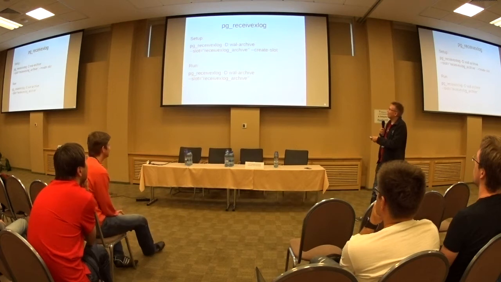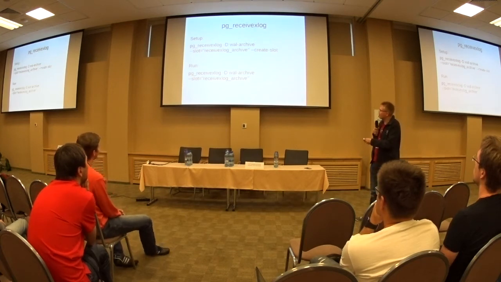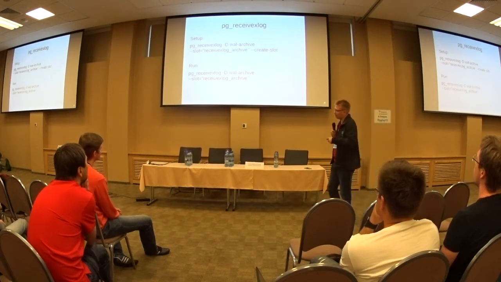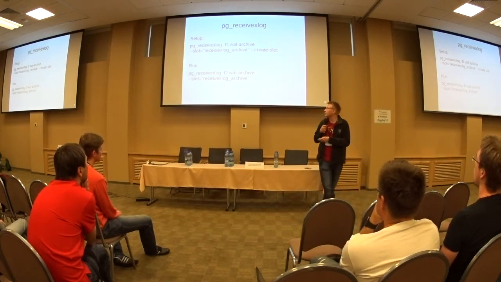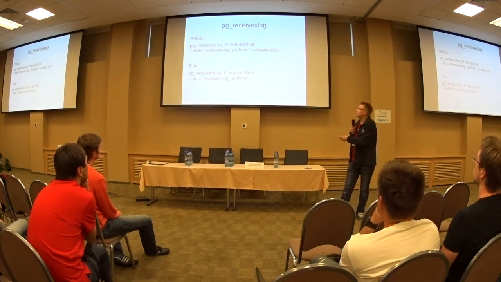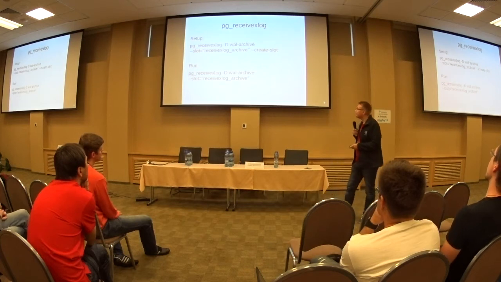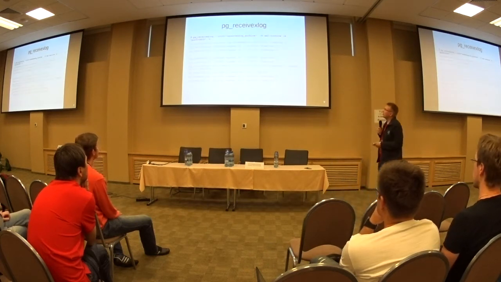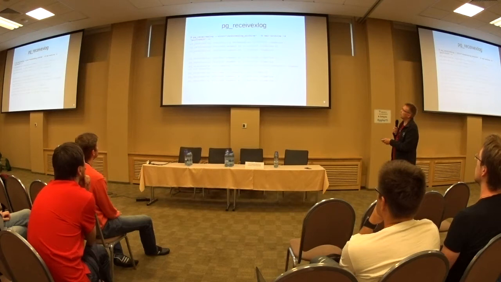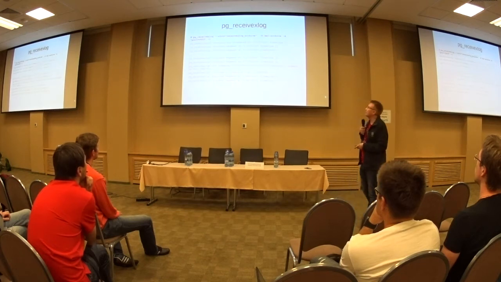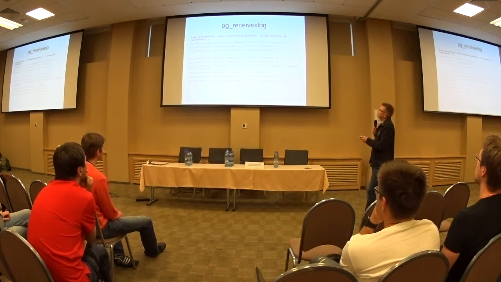After you've created the slot, you only do that once, and then you hit Ctrl+C. Then you actually launch it without the create slot option, and it's going to keep running and keep copying the files. You can look at the WAL archive directory you specified here, and you will see the files appear as they get streamed. There's a --verbose option. It will print a line after every file, which is handy to see if it's working, especially when you're setting it up. In this case, you can see that it started streaming at this position.